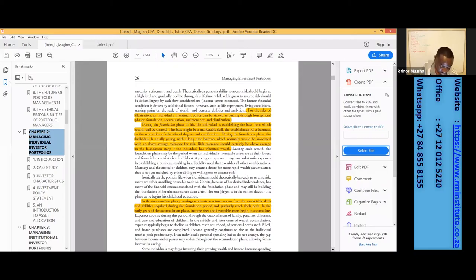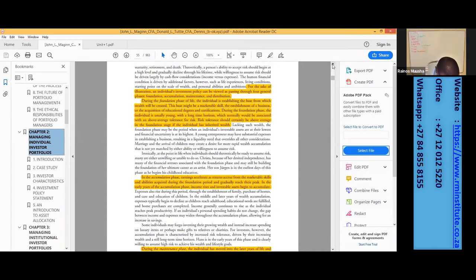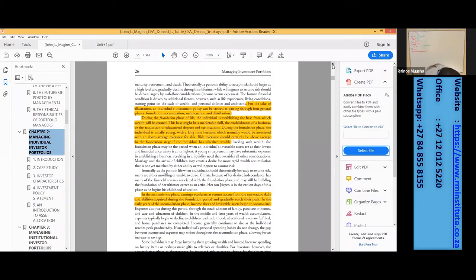So they should generally be having an above average tolerance to risk, those individuals in the foundation phase. Then on that particular page, if you go to paragraph number 4, they also discuss the individuals in the accumulation